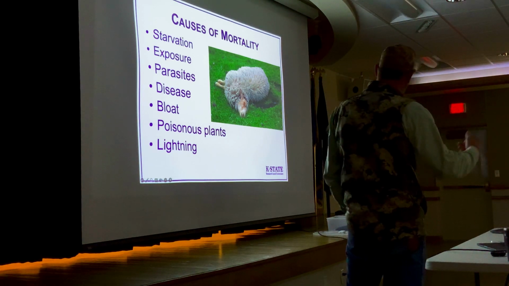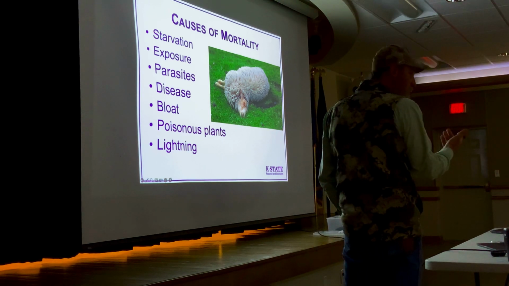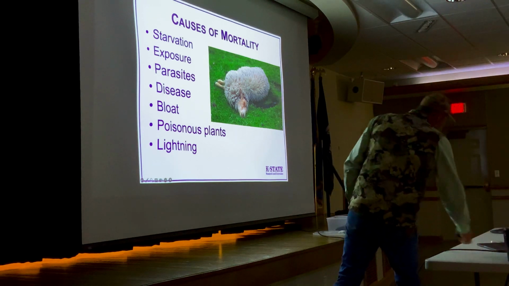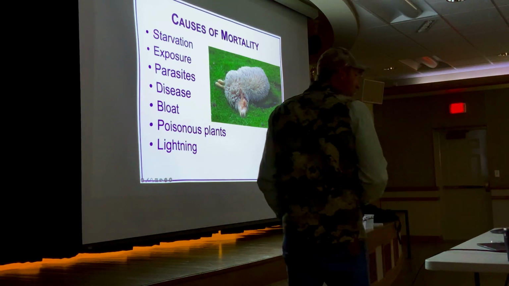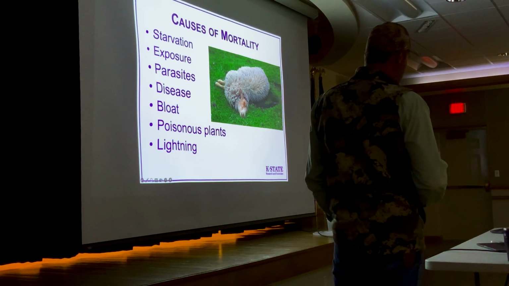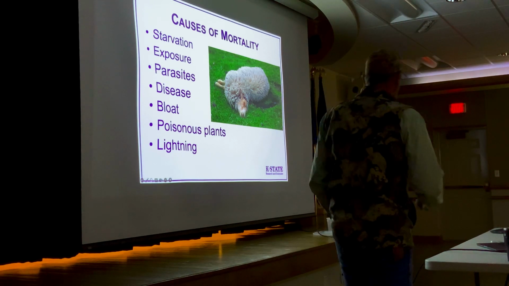And you mentioned lightning. There's also black wool laying around. That was a lightning strike on that animal. I don't get to look at very many of those, but they do happen, of course. So there's lots of different things that critters can die from. That's the point. So how do we figure that out?